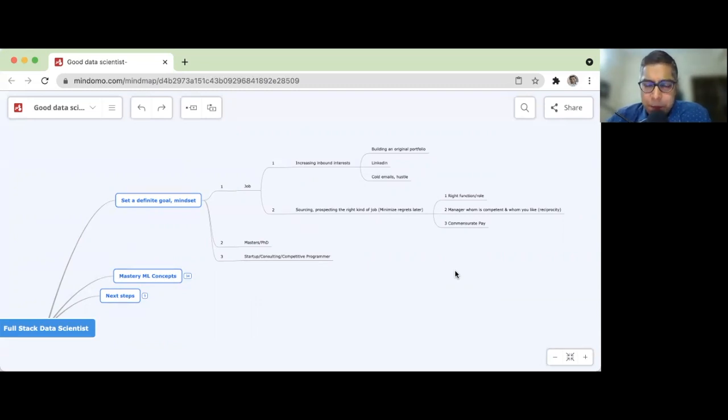Because many of you have already been doing jobs, you probably already felt this. Right, function role is the most important, right? How do I know that? The JD. Read the JD, please.